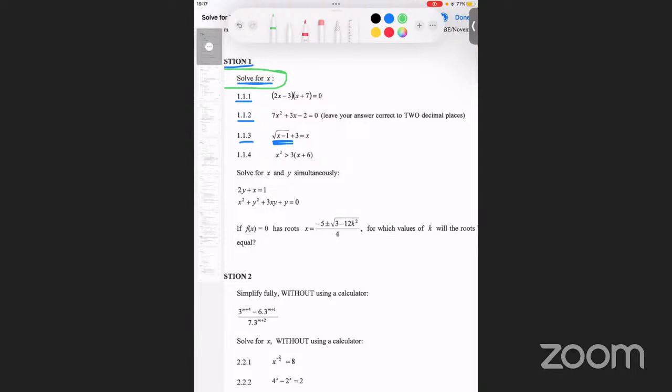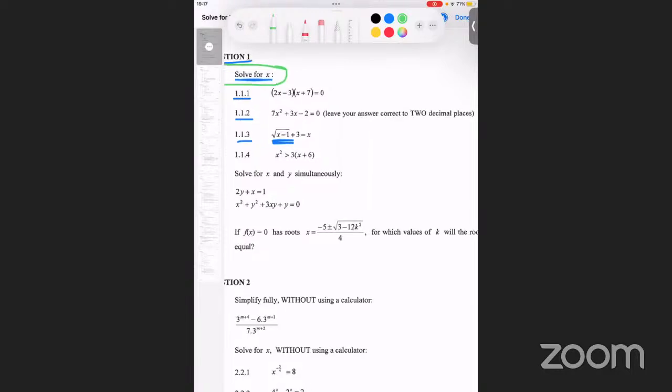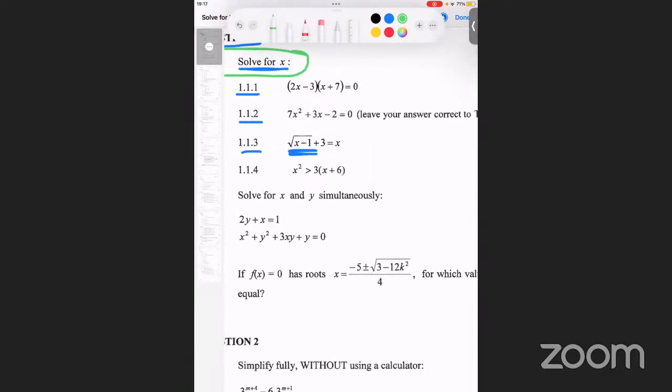That's what we need to provide as an answer. So now, in a situation where we are given something that has a square root, how do we approach this type of question? The first thing that you need to do is to isolate